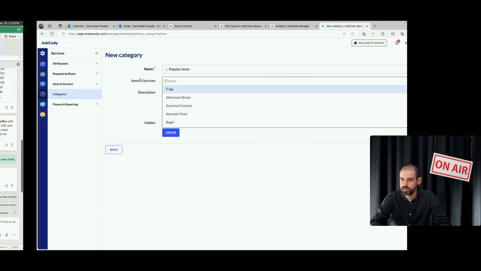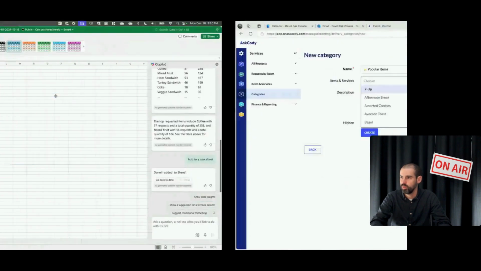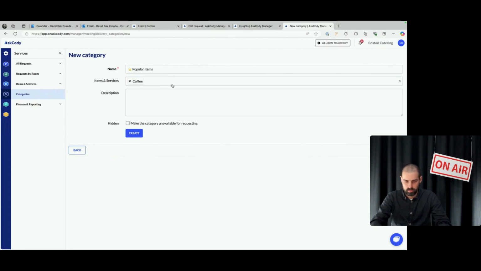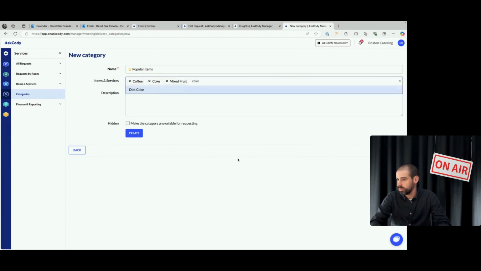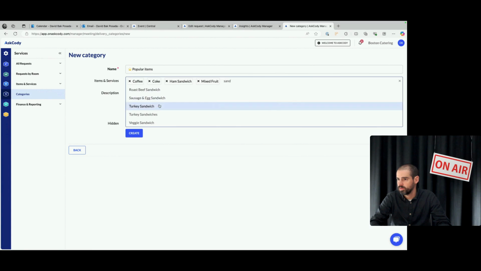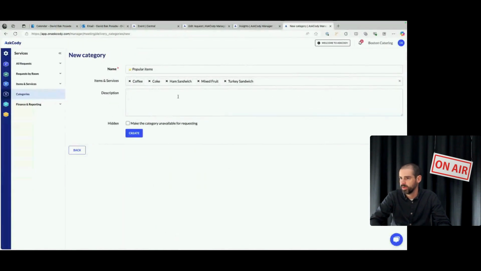So let's quickly switch to that. That's coffee, mixed fruit, Coke, and a couple of sandwiches. That's great. Coffee, mixed fruit, Coke, and a couple of sandwiches. That was a ham sandwich and turkey sandwich, if I'm not wrong. Ham sandwich and turkey sandwich. That's right. Perfect. Then we have the category made,